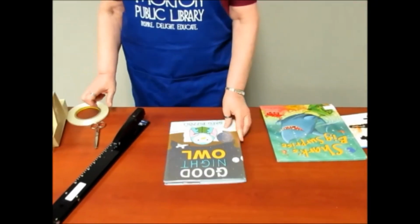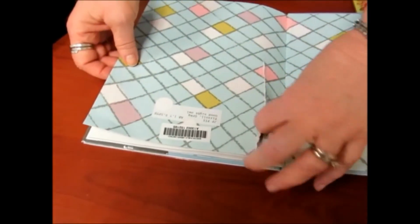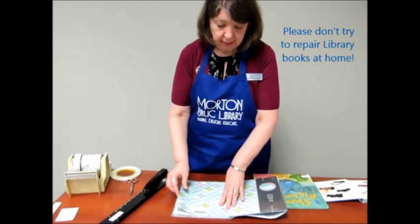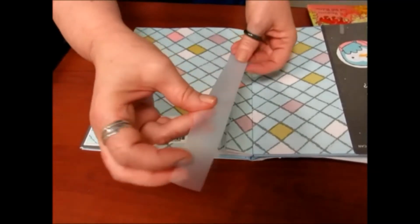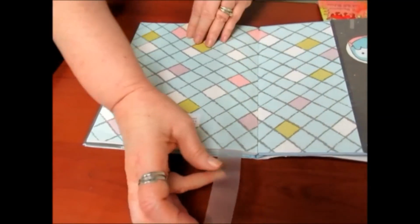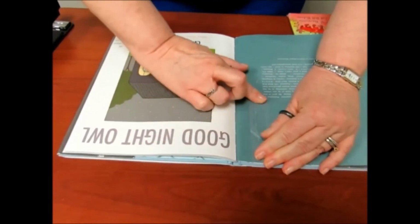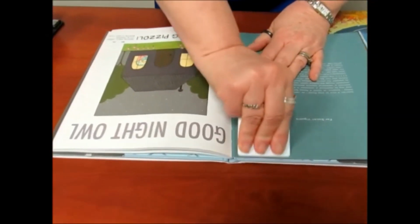One of the most common fixes is a ripped page, and before we go any farther, I do want to say that if it is a library book, take it back to the library and do not try to mend it. When it's a tear like this, get a piece of tape and go down the one side and go right down without tearing it, down the other side. And as you can see, I got some bubbles,